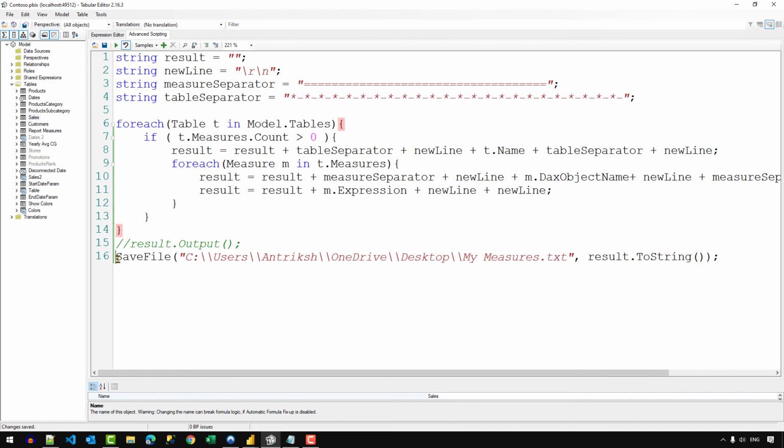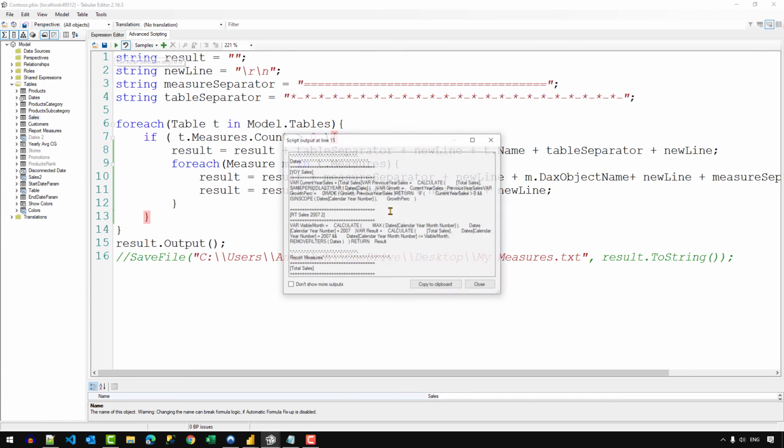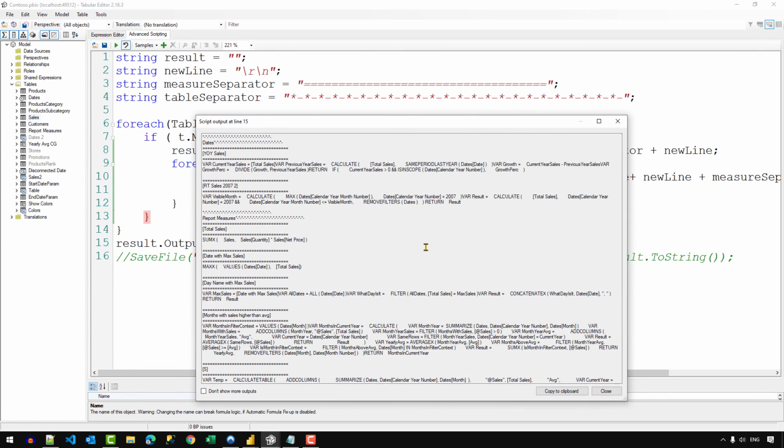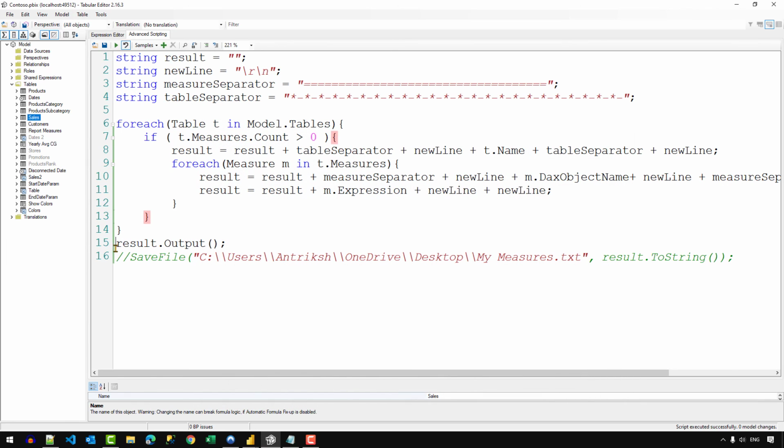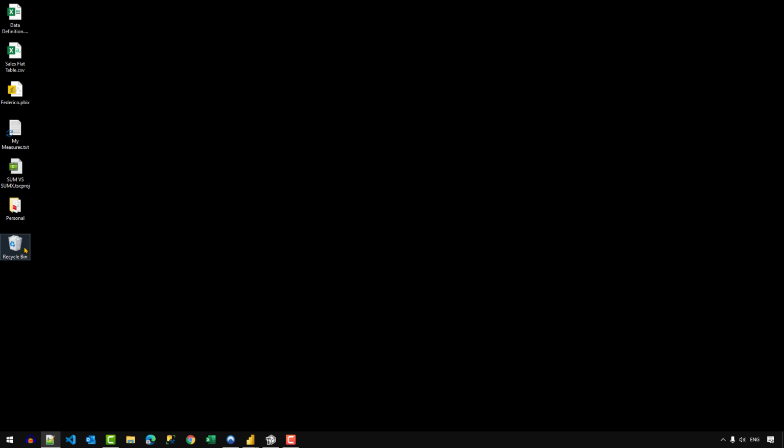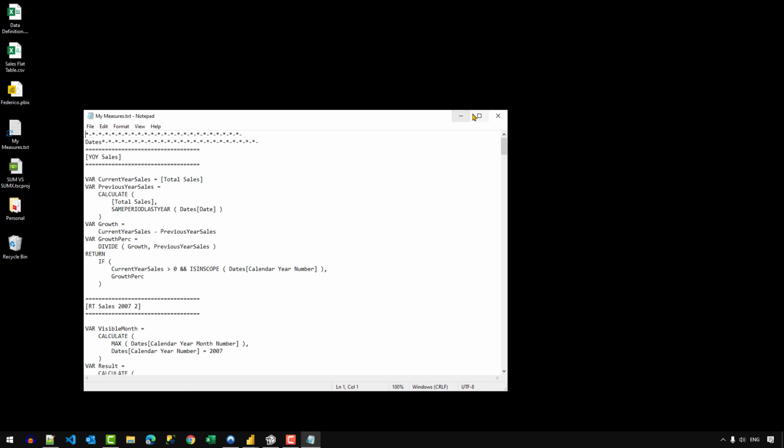And let's check the output first of all before saving it to the file. If I click on play, you can see that I get my dates table with the delimiter, and then we get the name of the measure that is encapsulated inside the equal to sign, and then we get the code of our measure. So let's click on close, and I'm going to comment out the output part and uncomment the save file option. Let's close the text file that we have already opened, and let's click on play and see if that is working or not. So let's go to desktop, and I'm going to open my text file,